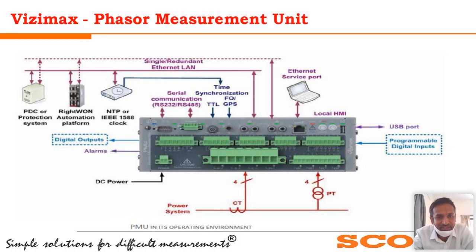Then there are optical fiber ports where C37.118 is connected and sending the data to your PDC. And there is also an external port or local HMI port where you can connect and see the data locally, because when you are doing the commissioning, you first want to verify whether the PMU is giving the data out. So you locally connect with a laptop, open the PDC, and check that you are getting the data. Then you connect with your optical network and PDC and send the data to the PDC. This is what we have.